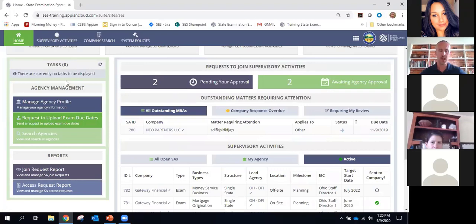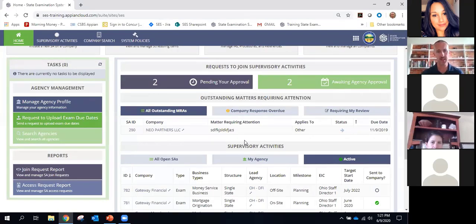Moving on down a little bit, on the home screen of every user's interface, they will see the tasks that they have here. This user currently has no tasks, but there would be a list of tasks that you would have outstanding for your particular login on your home page. And then just some other miscellaneous functions that this particular user has. In the midsection of the screen, we present information that we think is relevant to that role. And so this being a higher level staff user, staff director role, there's a couple approvals that are pending. We're not going to get into the nitty gritty details on this, but anything that's pending approval at this authority level is presented here.